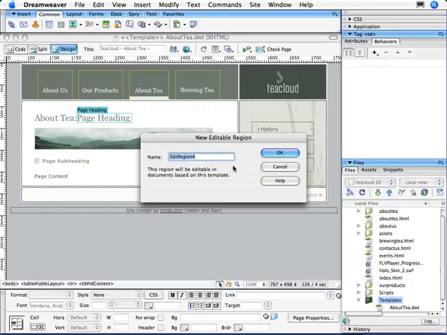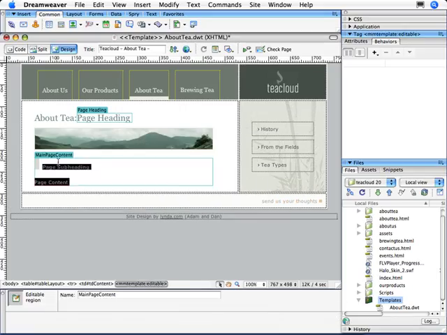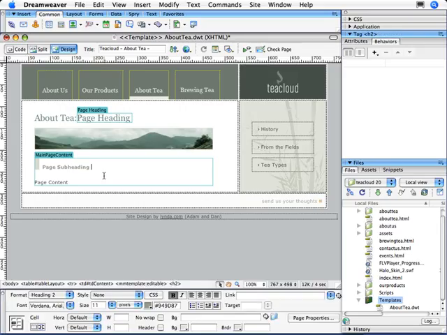So when you create an editable region, you want to make sure to give each region a name that clearly indicates the kind of content that's supposed to go in there. So don't use something like you see here, Edit Region 4. That really doesn't tell anybody anything. Instead, use a name like Body Text or Current Data Chart or Main Page Content, basically what you want to go in here. In fact, I might call this Main Page Content. And then click on OK. And there's your Main Page Content editable region.